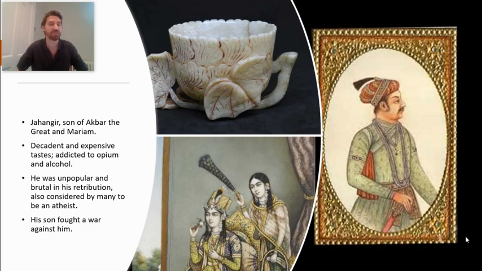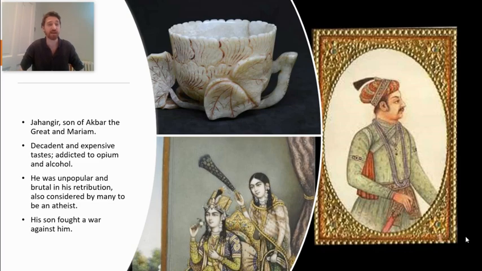And Jahangir revels in the wealth and decadence of the Mughal Empire. He is an infamous opium and alcohol addict, and we have wonderful material culture to look at. Under his reign, hookah becomes an incredibly popular pastime, so smoking hookah pipes and opium. And you get these wonderful bone cups from his kingdom, and gold becomes used increasingly often in art and